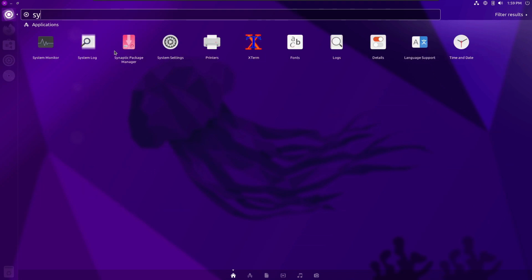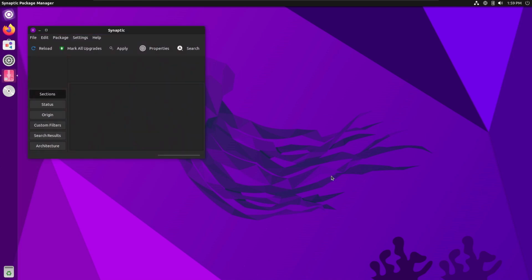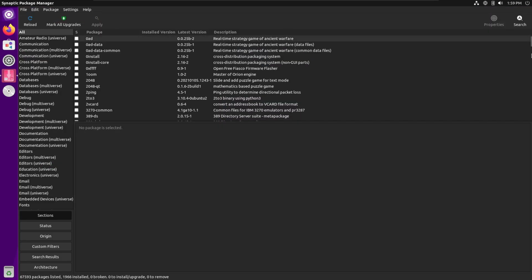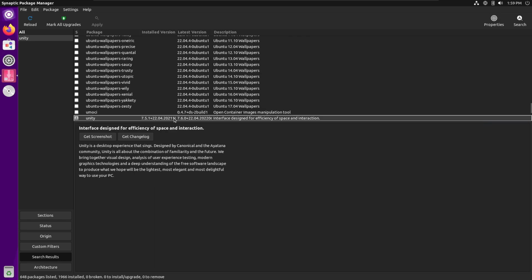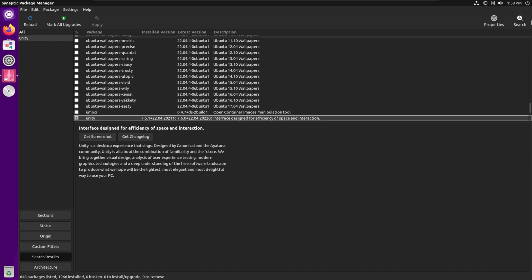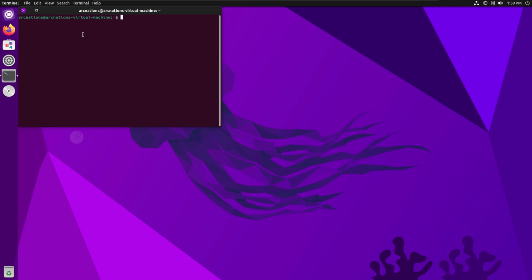And this is currently, let us see what version of Unity we are using. For that, you can open the Synaptic Package Manager, enter your password, click on authenticate. And now we need to search for the package that is Unity. Close it. Now let us search. Enter Unity and search. Okay, click any package and enter Unity, and as you can see we are using the 7.5.1 version of Unity, and we need to update this package. For that we need to run sudo apt upgrade, which should probably fix the problem, and let us upgrade to